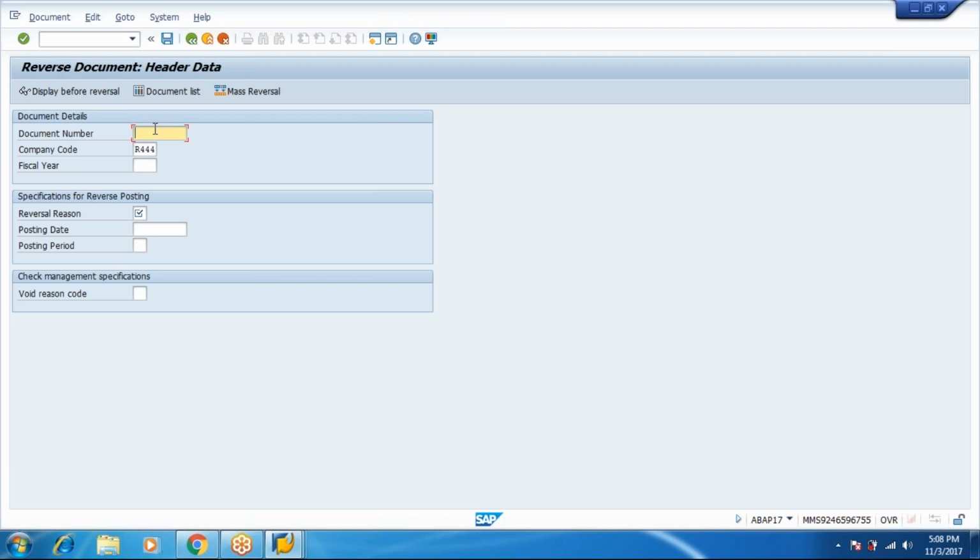So I am saying that I want to make a transaction number of 1001, in the fiscal year of 2017, and it is asking whether you want to make a reverse. I am also accepting this one, but that reverse has to be done on which day? See, for example,